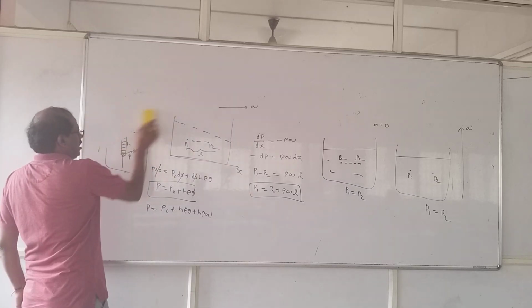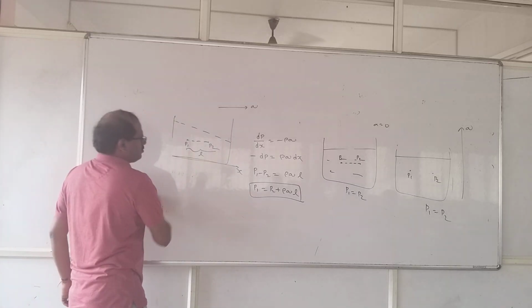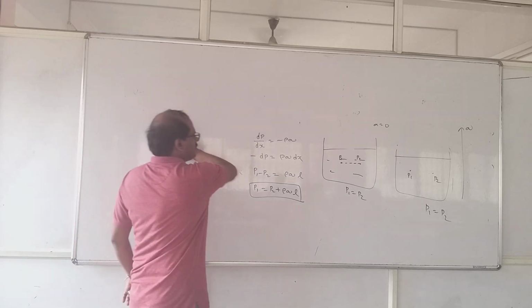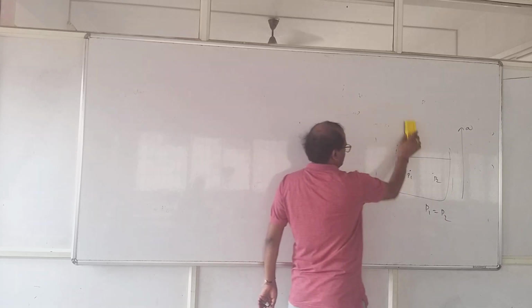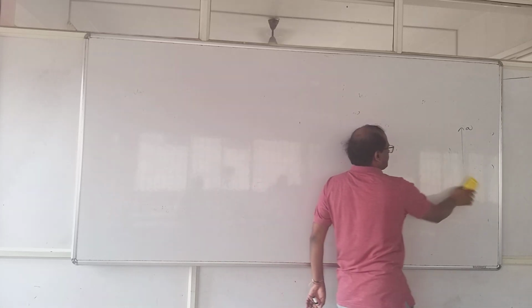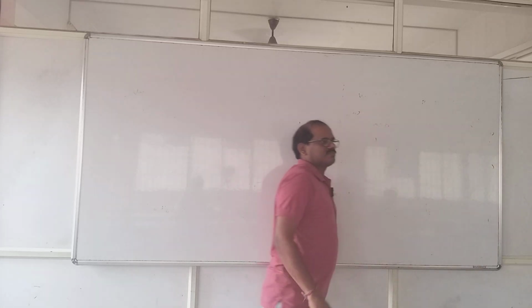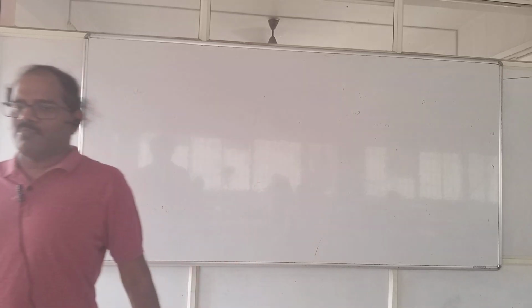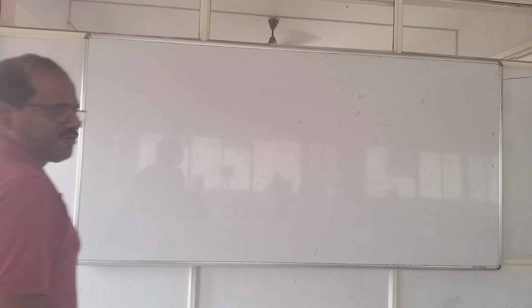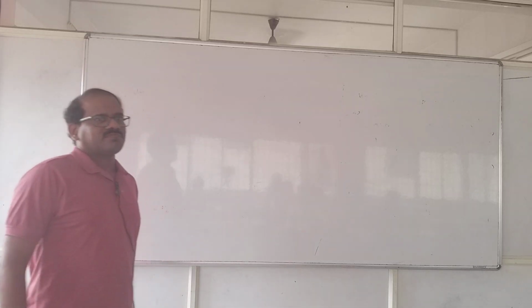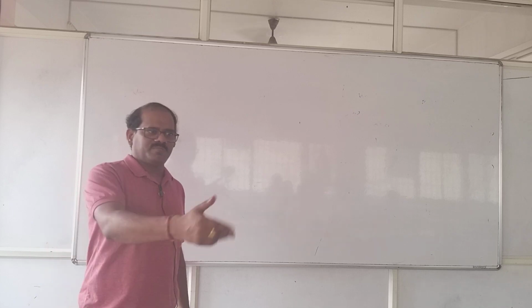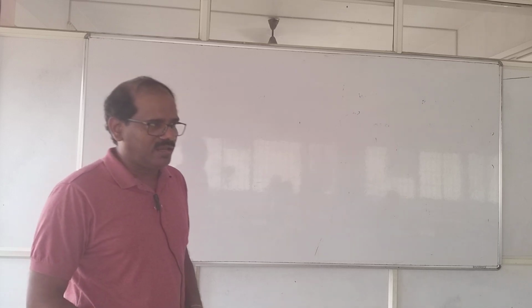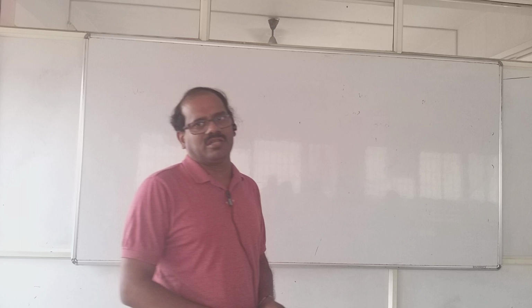Now let us do a series of problems based on these two conclusions only, not the differentiation conclusions. Just with the height, how the pressure will change. Pressure at the bottommost point is equal to pressure at the top point plus rho g effective into A. And pressure at the left side point is equal to pressure at the right side point plus rho A into L, if the vessel is moving right side horizontally with an acceleration A.